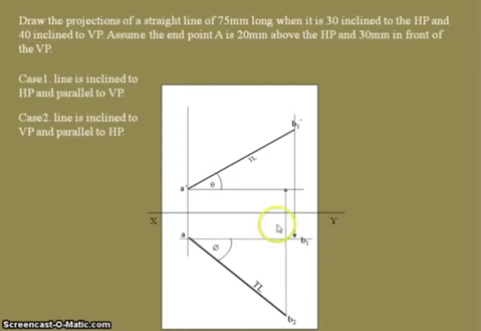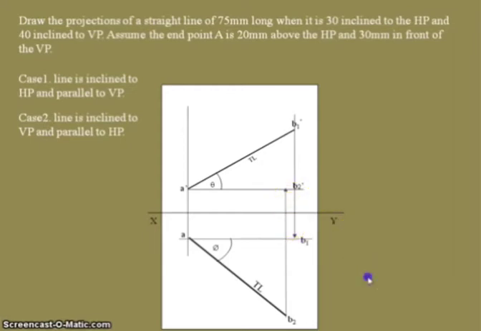So draw the projection line. Here we got the front view with an intersecting point, and I am giving the name as B2 dash. So we got the front view and top view in both the cases, that is case 1 and case 2. Okay, so these are the front views and top views for the two cases. From these two cases we need to draw the final front view and final top view when the line is inclined to both the planes.